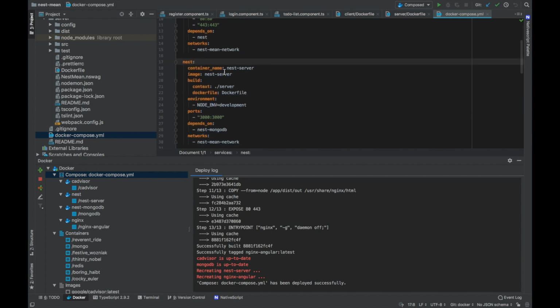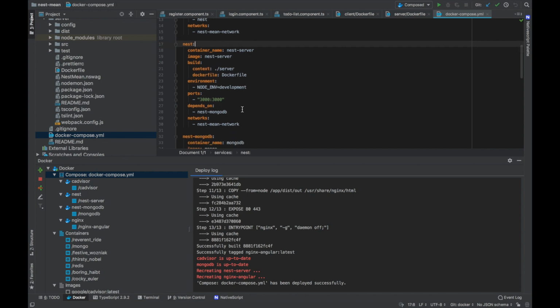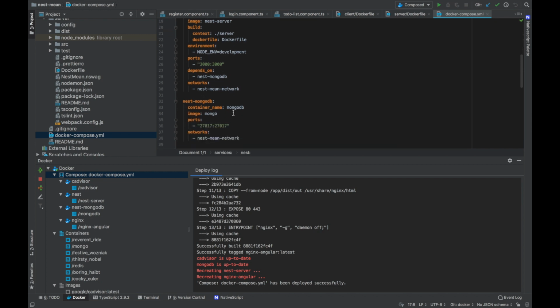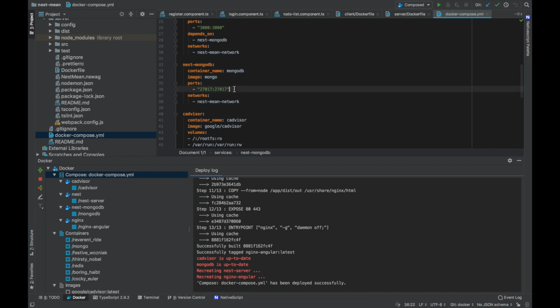All right, for Nest, same thing. Container name Nest server. The context is my server directory. It looks for Docker file. Ports, and it depends on the MongoDB. So for MongoDB, you just pull in like a fresh Mongo image. You can look for all the available images on Docker Hub. And this again, same network,